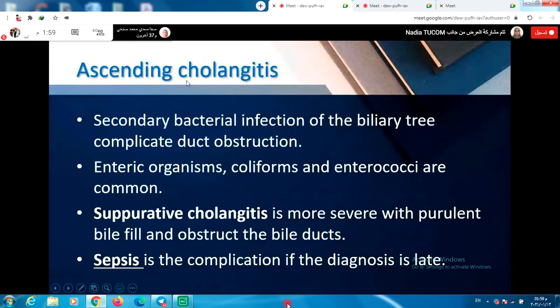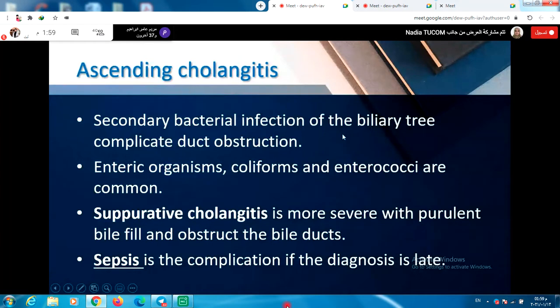Biliary passages are intrahepatic and extrahepatic. Cholangitis involves the intrahepatic biliary passages. So ascending cholangitis is most commonly related to ascending bacterial infection from biliary tract obstruction by